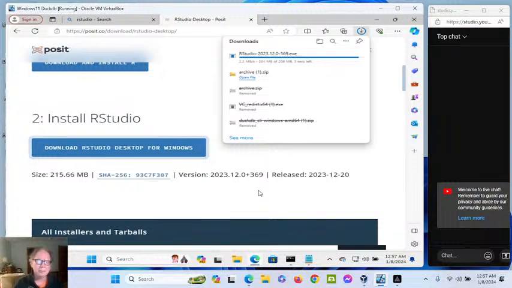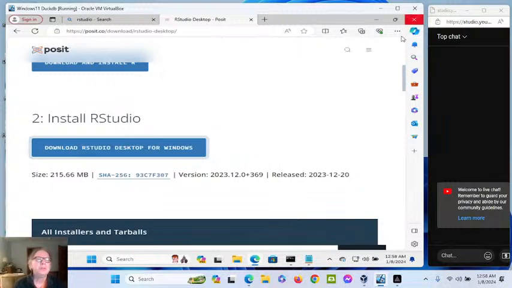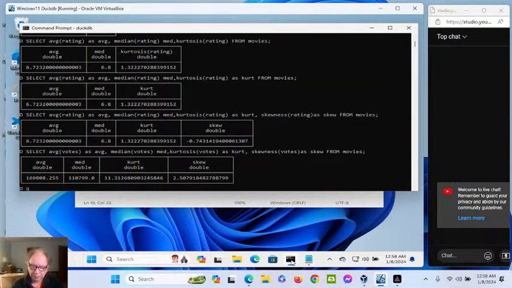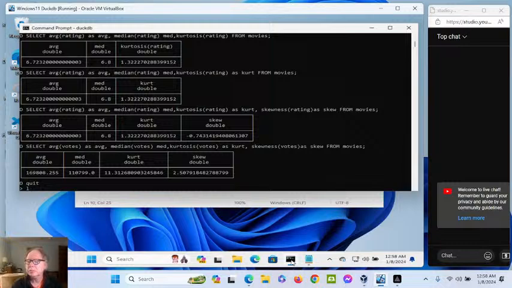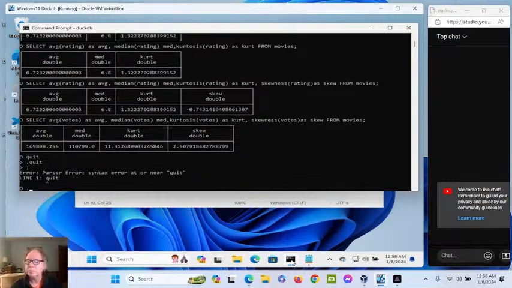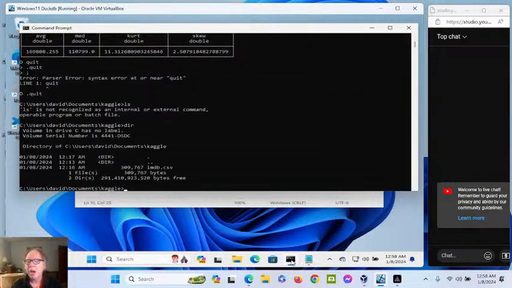Yeah, because when VS Code works, it actually works really well, particularly with Quarto. Quarto being the document creating system, it allows you to embed both Python and R into your documents, and then create either a Word doc or an HTML document. The problem, of course, is with that R language server. For whatever reason, the R language server